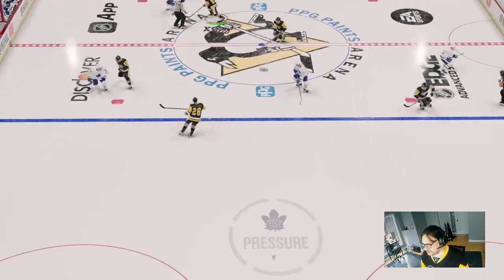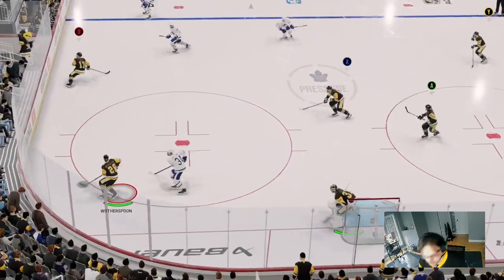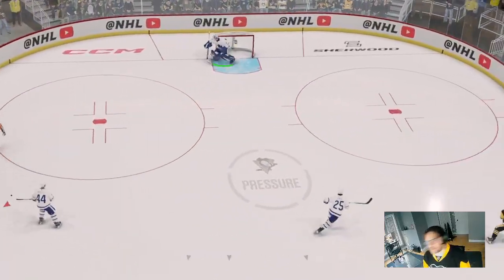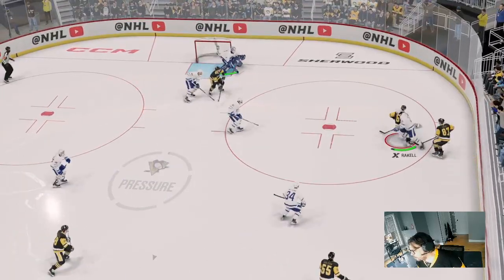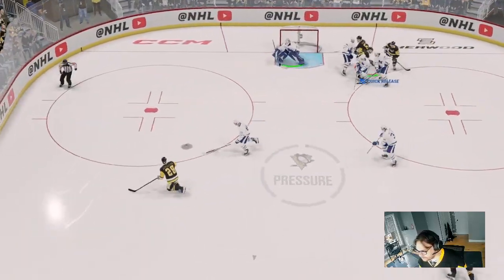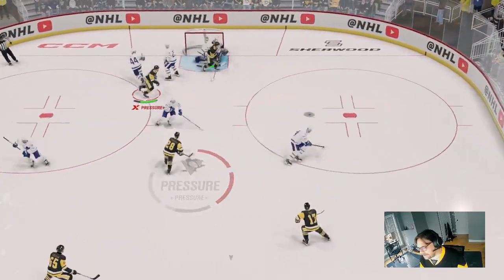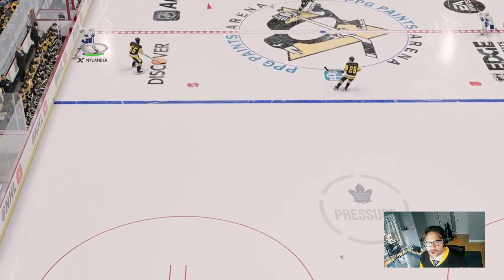Crosby and Matthews to meet at center, and we're underway as the Leafs win the opening draw. Puck blocked off by Wotherspoon. Up the left wing side to Brian Rust. Rust gains the red line and dumps it in. Crosby had it along the wall and then lost it. Rakell tried to get a shot away. Now Wotherspoon, backhand to the net by Rakell, as the Penguins get their first shot on goal.